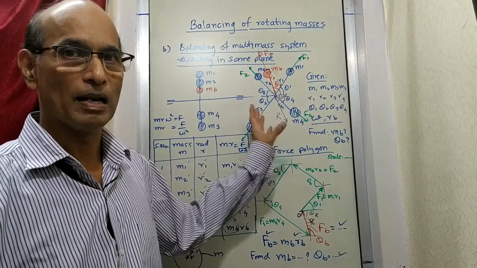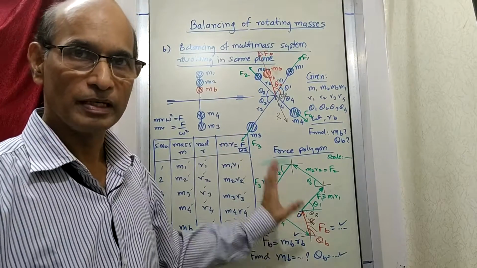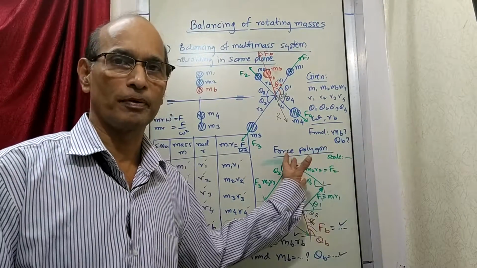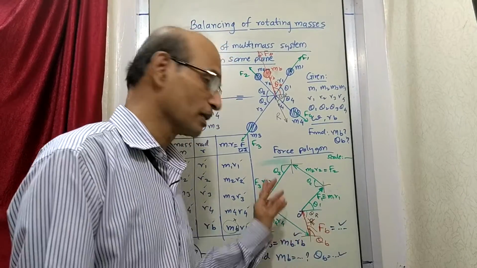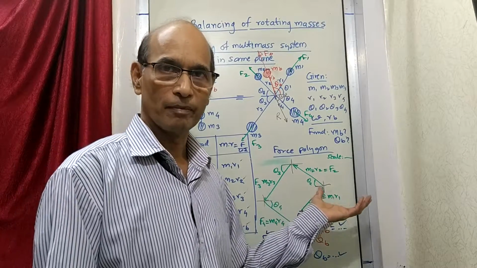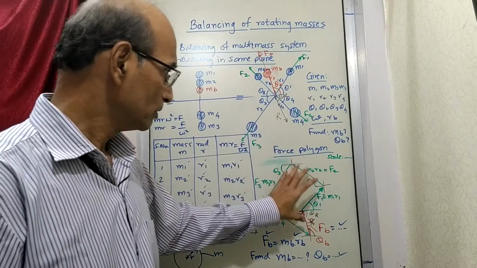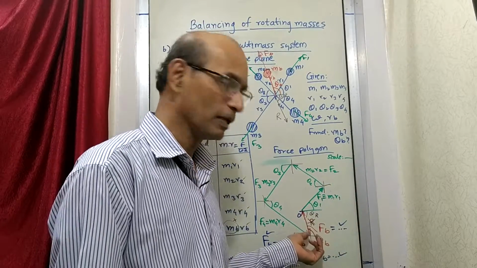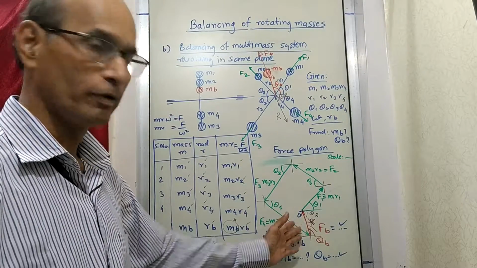So we have seen how to balance a multiple mass system by putting the mass in the same plane. So write this down, and this becomes one of the exercises. After some time, after the entire topic is over, we will be solving different problems. And while solving these problems, since as you can see this is a graphical part, we are going to do this part on a drawing paper. At the same time, we are preparing this kind of a table, and also side by side, we are going to draw this kind of a polygon and find out the answer. So this answer is found out by the graphical method, because this is the one from where we got the answer.